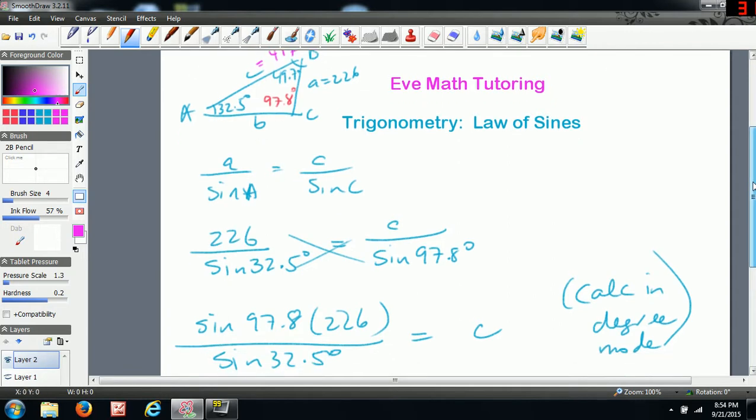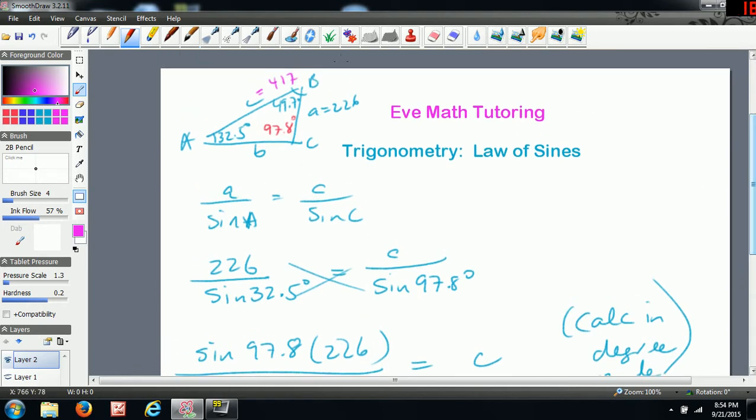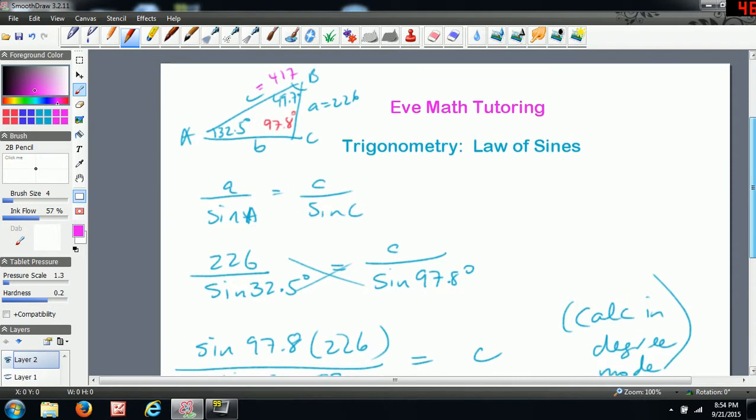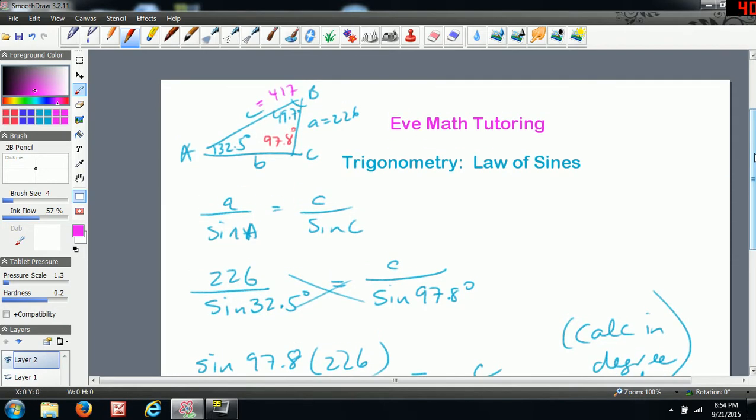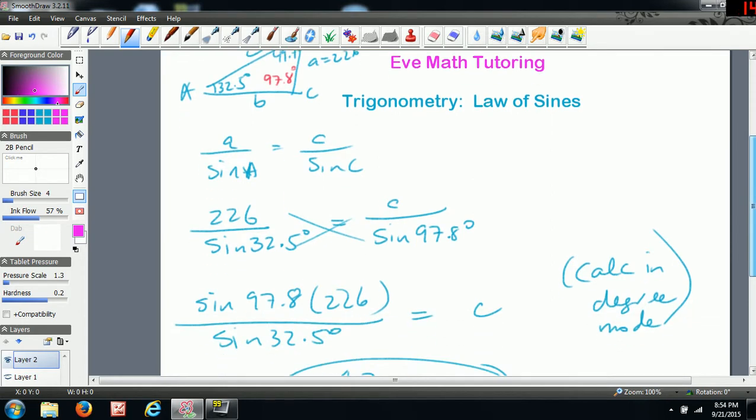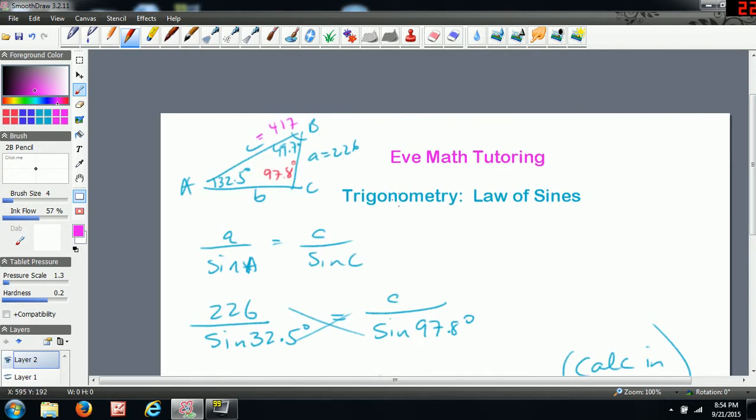So now we just have one more side that we're looking for, because we were asked to solve the triangle. If you're asked to solve a triangle, that means you have to solve every side and every angle. So we're looking for side little b. So what we're going to do now is,